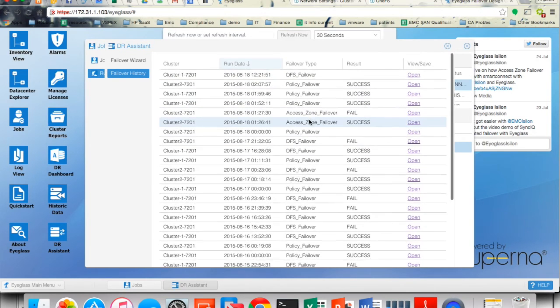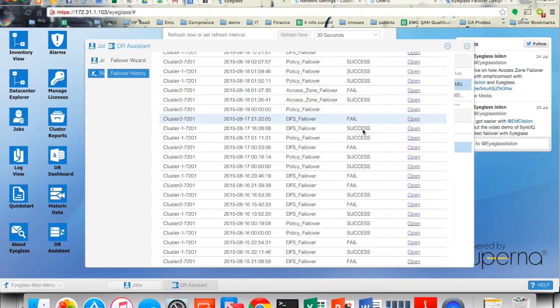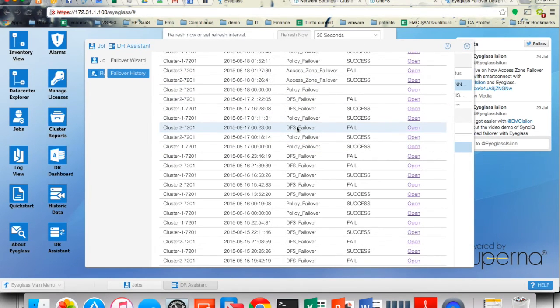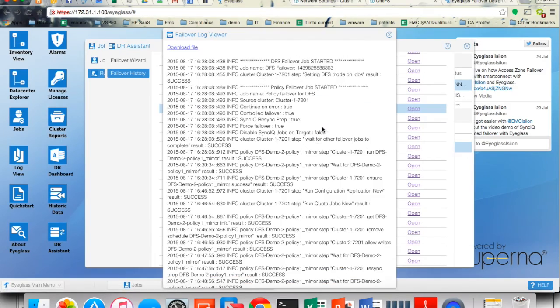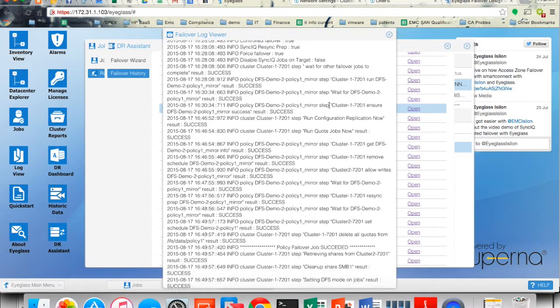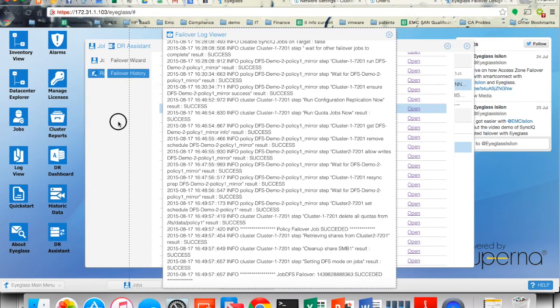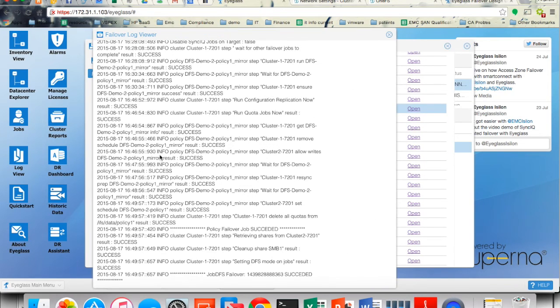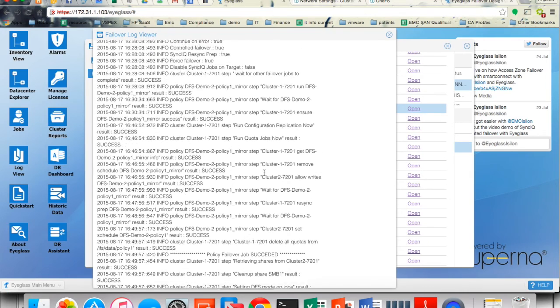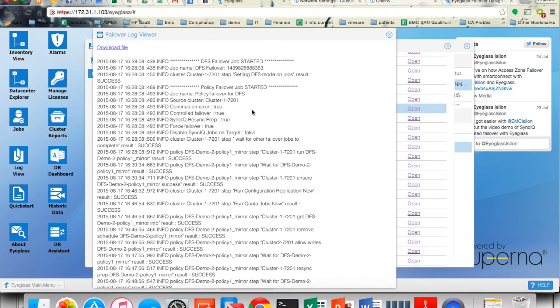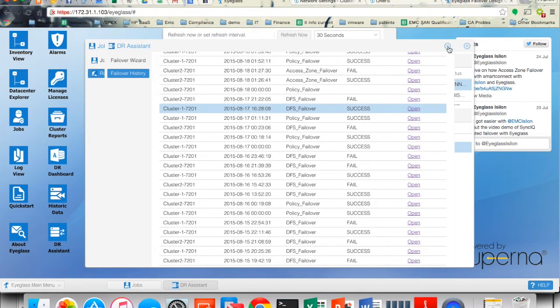So here we can see a history of all the failovers that have occurred, successful and failures. DFS mode failovers, so I know the difference. Here's some Runbook Robot failovers that are occurring. So let's maybe look at some of the DFS logs. This, of course, tells you all the steps that were successfully completed. Gives you a bit of a view of each step. In case one fails, then you at least have an idea of where you need to begin steps to recover from. This can be downloaded, of course, and used for support reasons. So let's close this